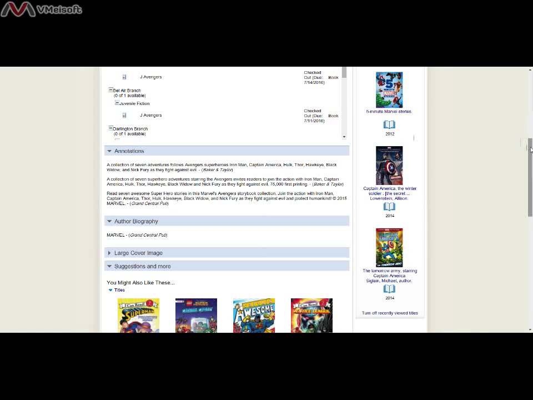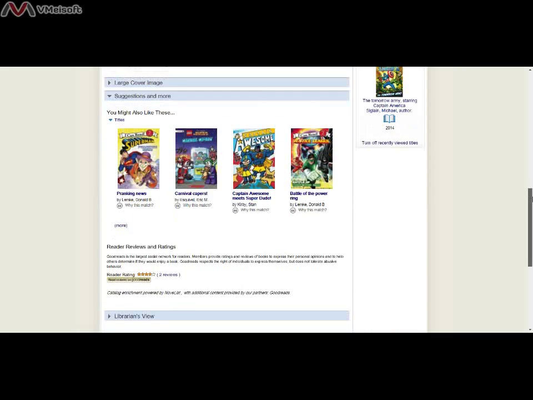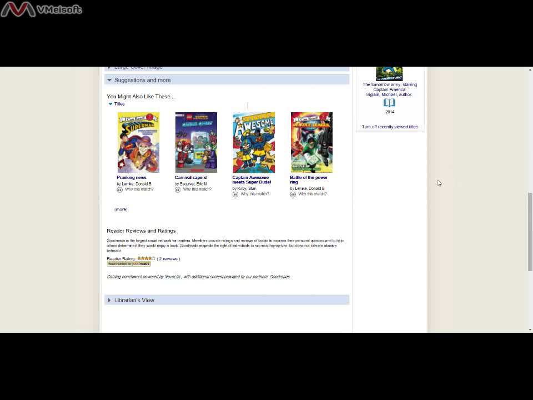One more set of helpful information in the detailed record, or the summary here, is the suggestions and more. So once a customer finds an item that fits their reader or themselves, they can see if there's similar books that are a better